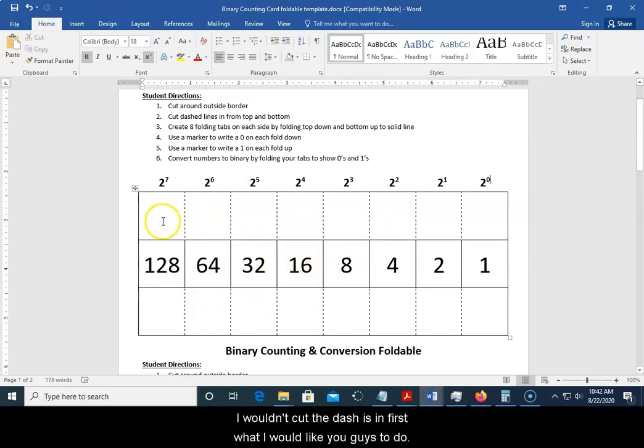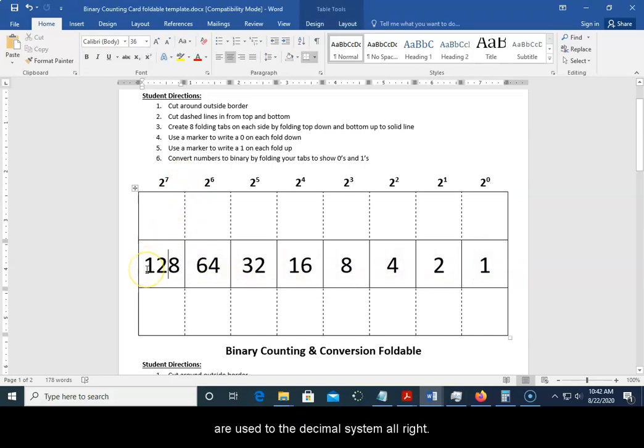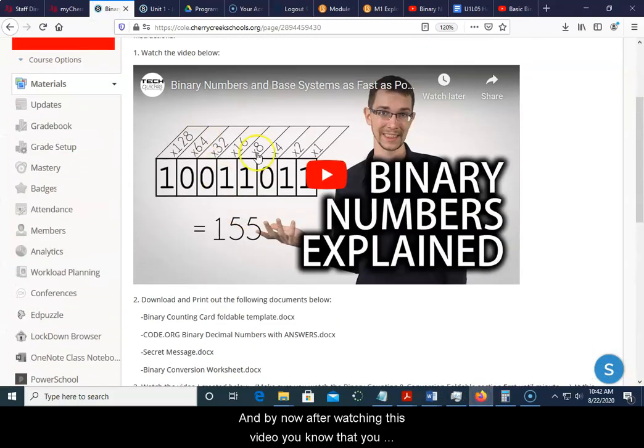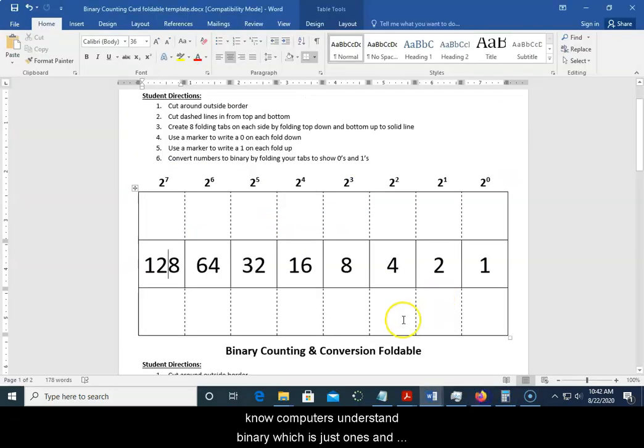What I would like you guys to do, first, let's talk about where these numbers come from. So these are your decimal numbers. You guys are used to the decimal system, all right? By now, after watching this video, you know that computers understand binary, which are just ones and zeros. So we've got to figure out how to convert decimal to binary and binary to decimal and back, okay? So where do we get these decimal numbers from? Well,